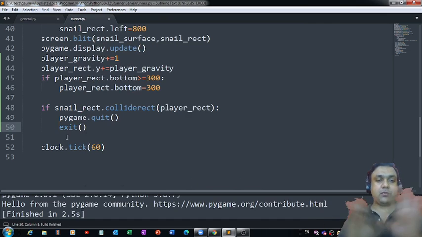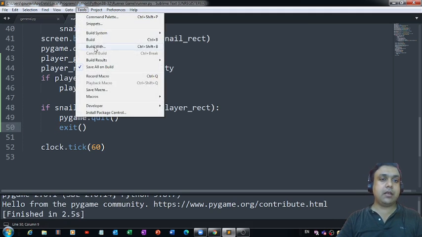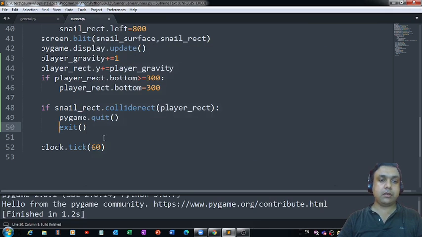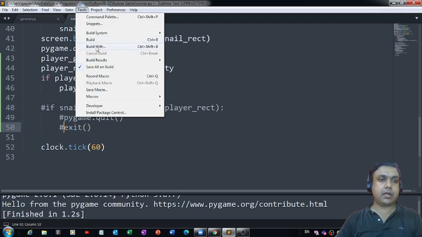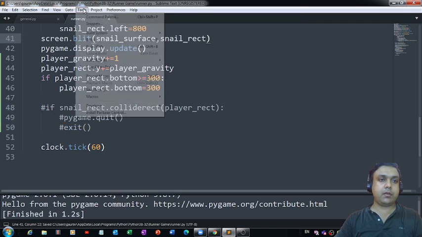Okay, so the game window just closed automatically because the player was in. See, the snail was overlapping the player. That's the reason the game is closing automatically. Let me do one thing. Let me comment them out. Okay, now if I run the game,